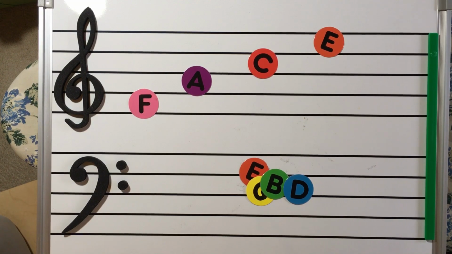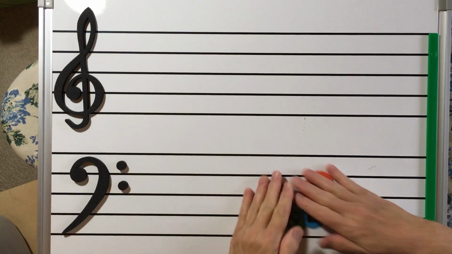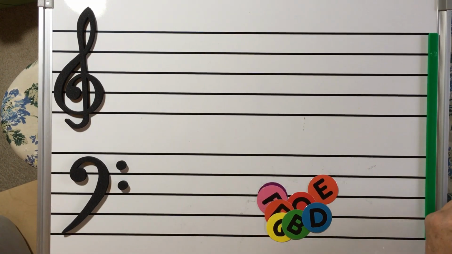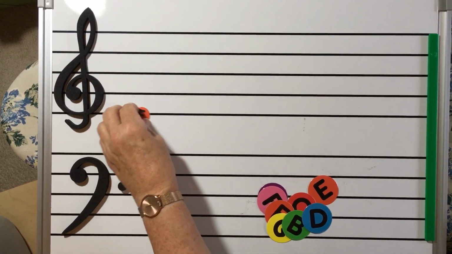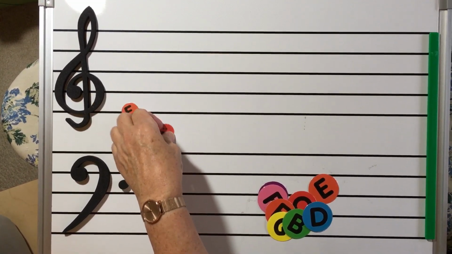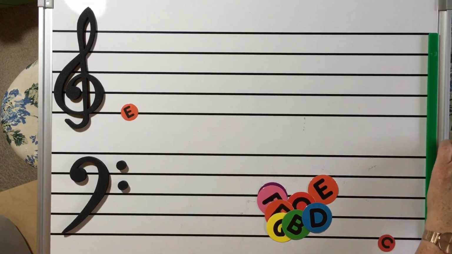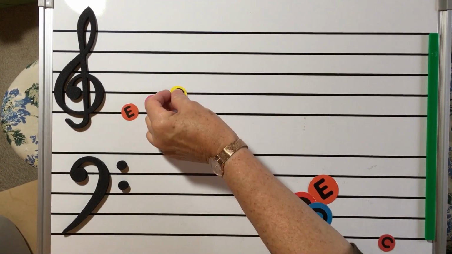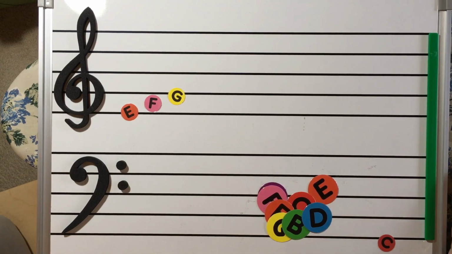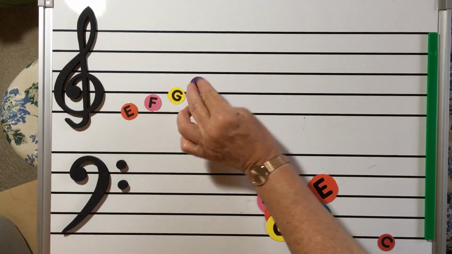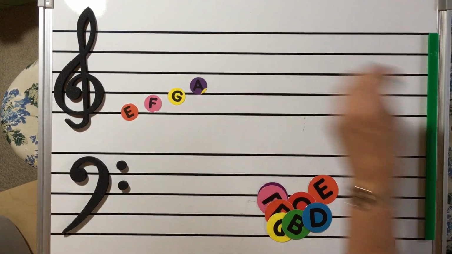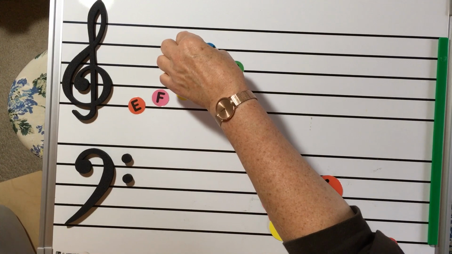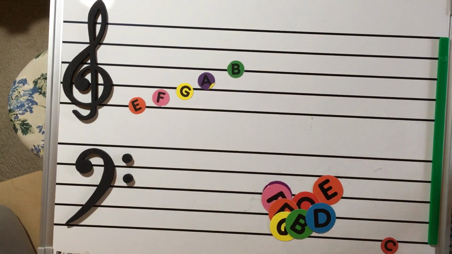Now if I get my smaller notes here, I should be able to do everybody. So we've got E, whoops, that's too many E's. Ooh, smiley face. E, F, G, A, B, C,